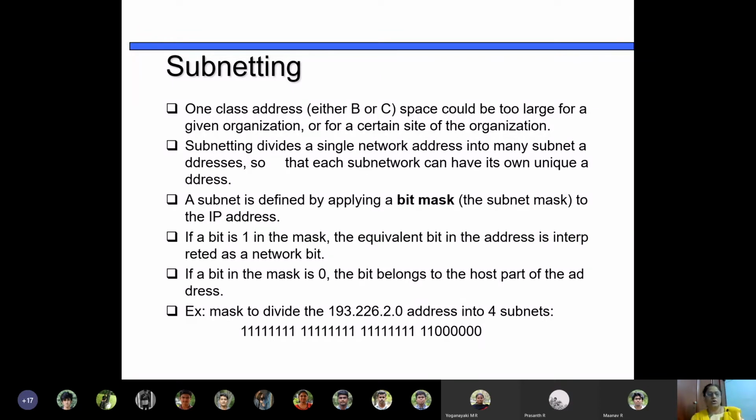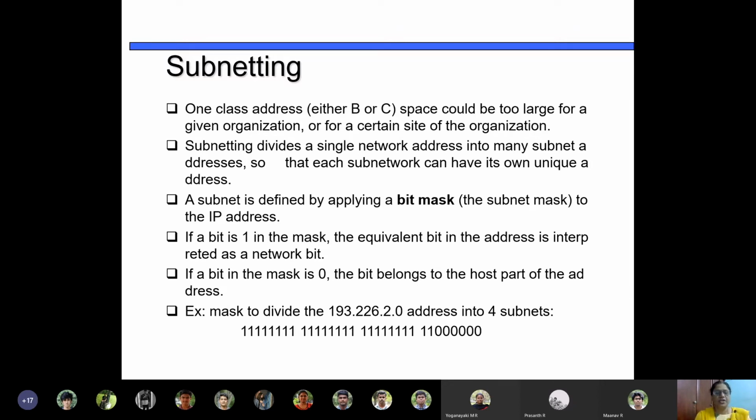In case of subnetting, you have a procedure by which you can increase the number of hosts without acquiring an extra network or extra IP address.